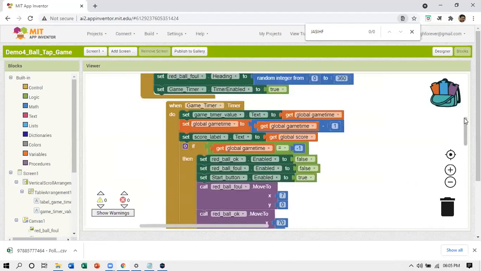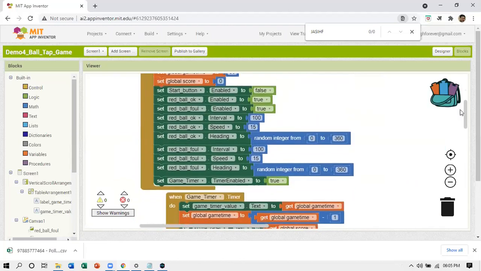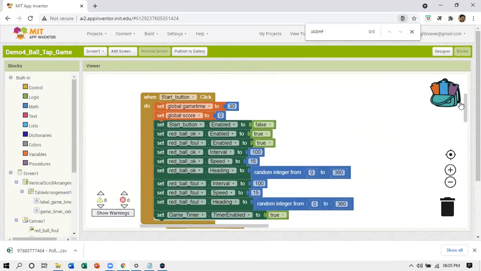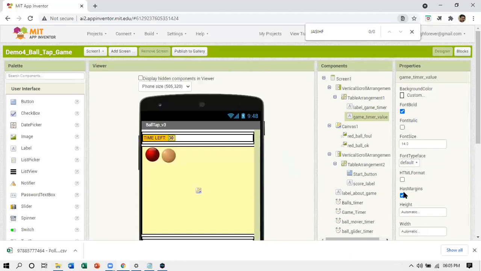So you see, what you need to know is where you are going to do what and which particular block you need. This is a quick introduction of MIT App Inventor. How the layout has to be set, tabular or in a flow. In layout, what all components you will put, what will be the initial properties of those components. You go to the blocks, you should know which event you have to handle, number one.